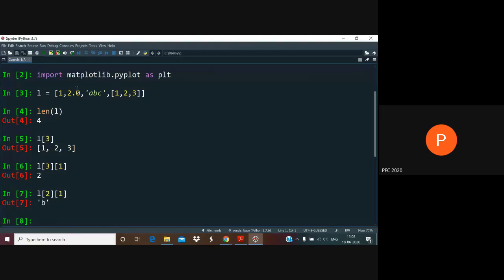Because each of the elements in the list have different sizes, they take up different amounts of memory. And so they are stored in a table, their locations and so on. And there has to be a table lookup every time a list element is accessed or modified and so on.